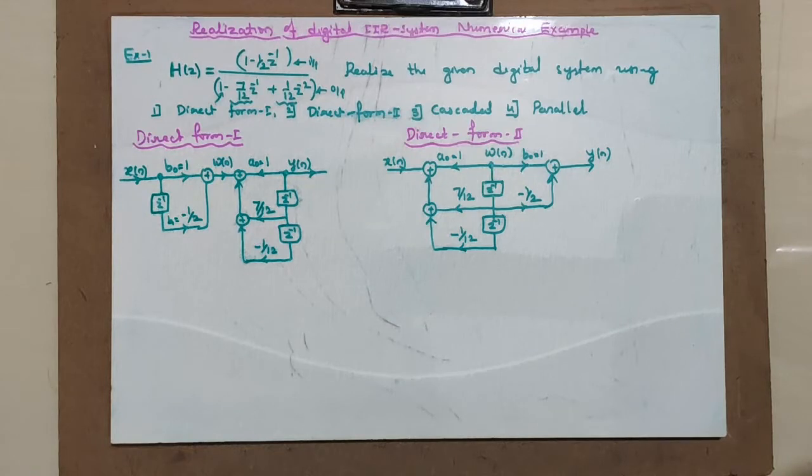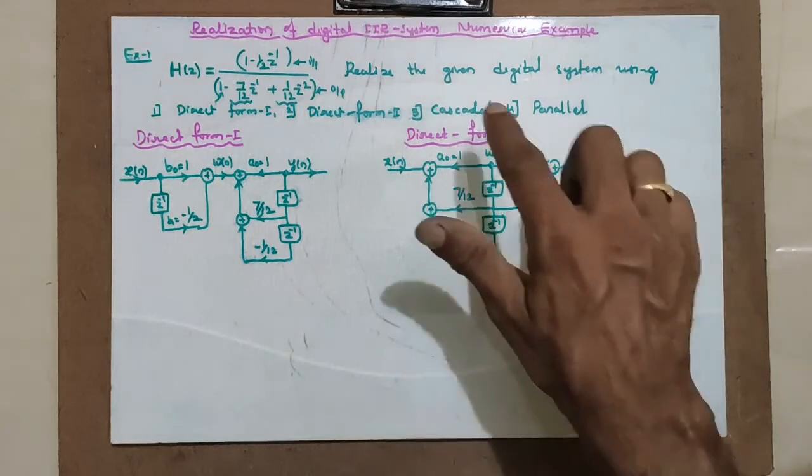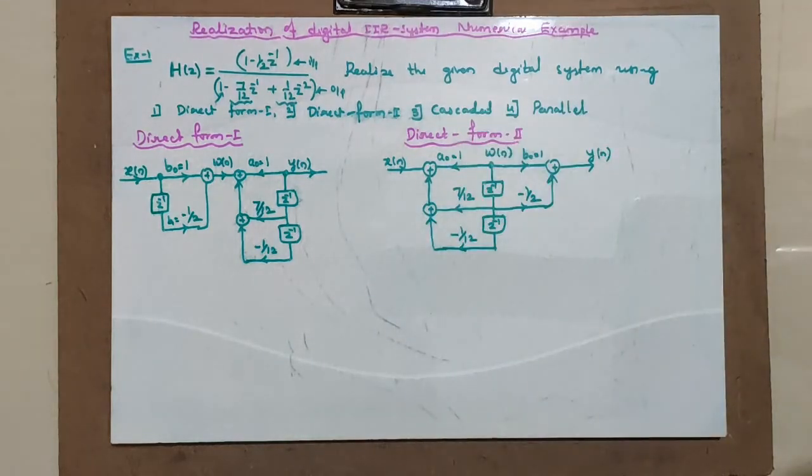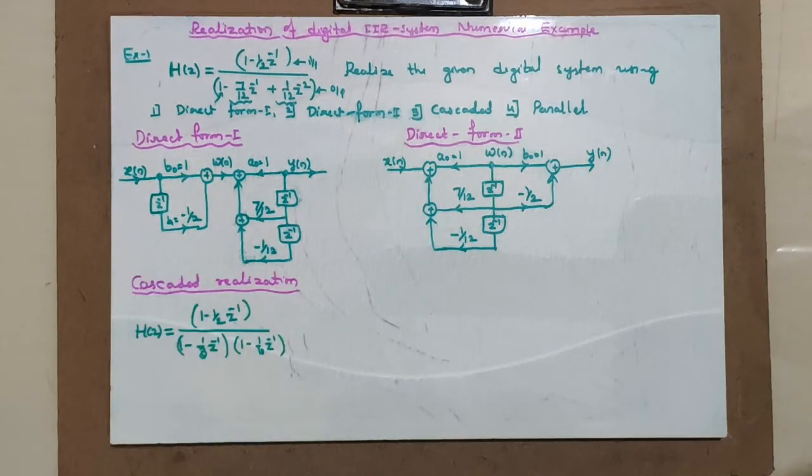You have to practice a lot of problems in direct form 1 and 2 so that the next, cascade and parallel, can be implemented easily. Generally direct form 2 is implemented in both cascaded and parallel. Let us go to the next board where I will be dealing with cascaded realization. Let us go with the cascaded realization.